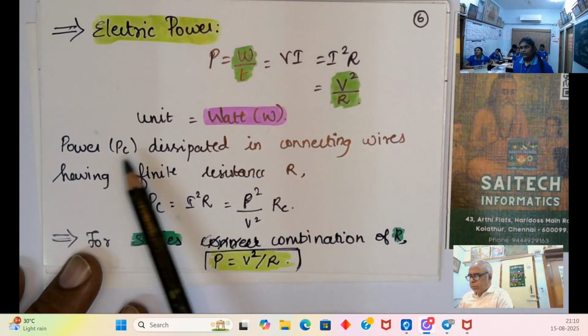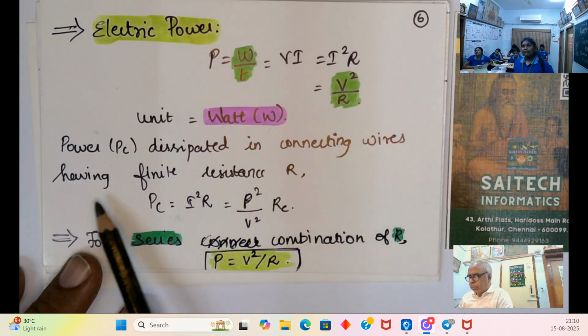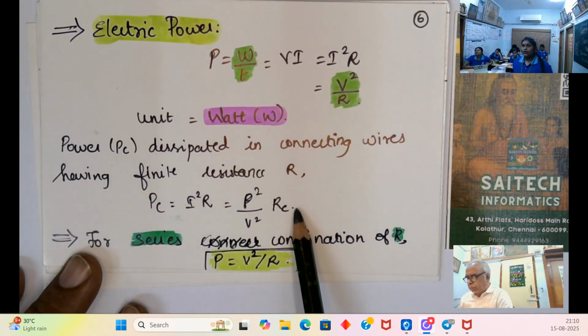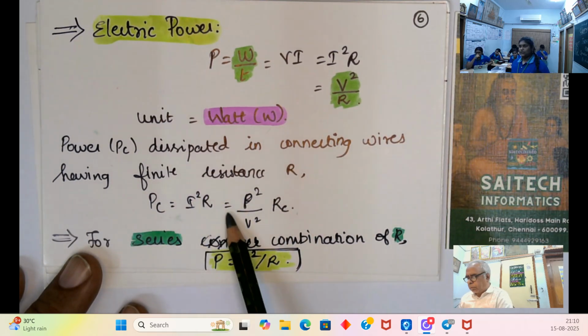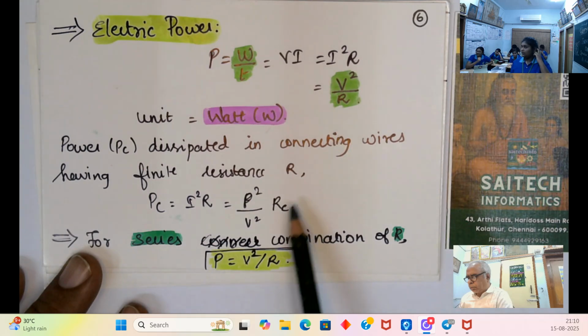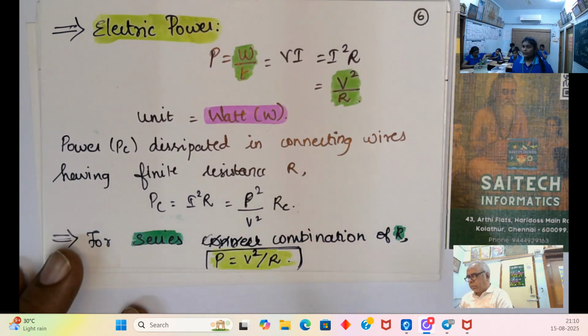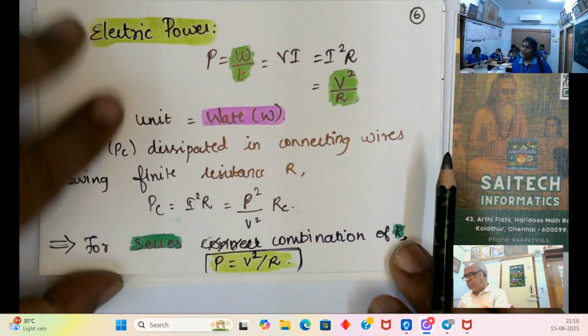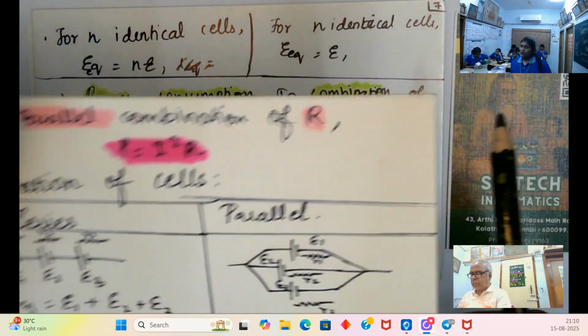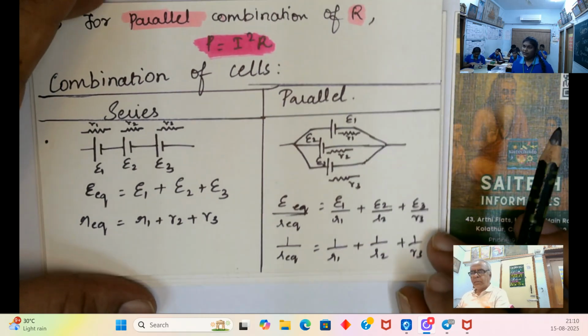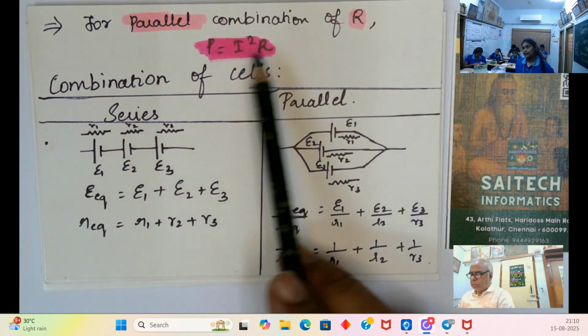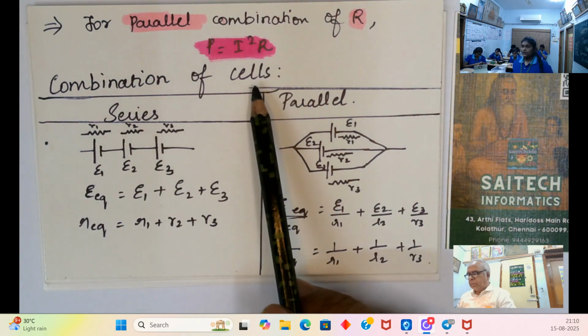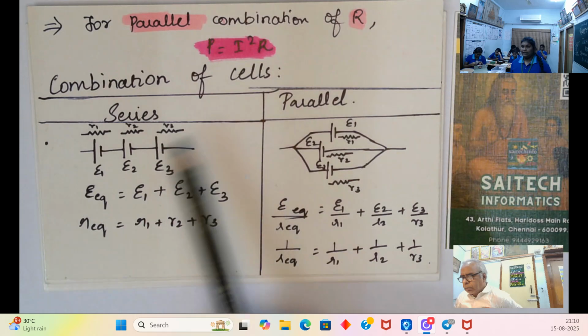Power dissipated in connecting wires having finite resistance R, which is equal to PC is equal to P square by V square into RC. So for series combination of R, the value of P is V square by R. In parallel combination, P is equal to I squared R. In combination of cells, series and parallel connection,